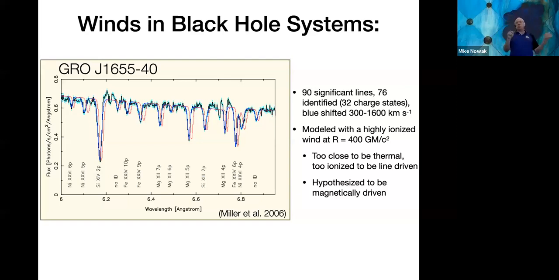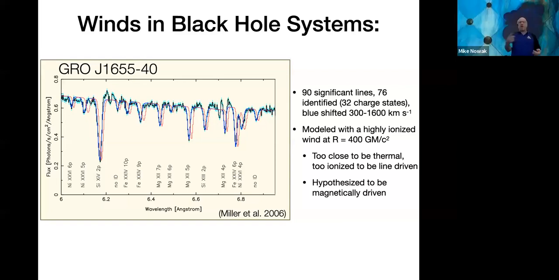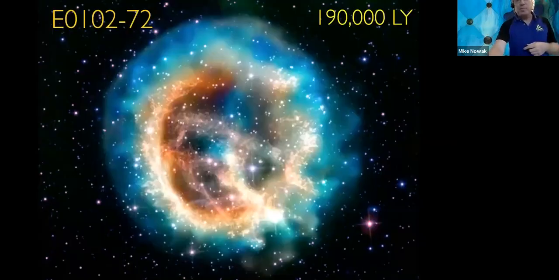And by measuring the strength of these lines and the velocity of these lines, we can tell the pressure, density, and velocities, and we can say that these lines aren't being blown off by the radiation of the black hole. Specifically, they're happening too close into the black hole. What we think is happening is that the magnetic field being twisted up on the material falling into the black hole is driving a magnetic wind away from the black hole at very high velocities.